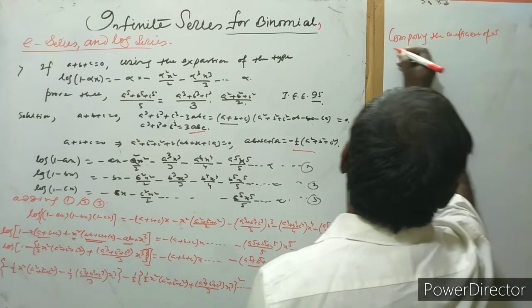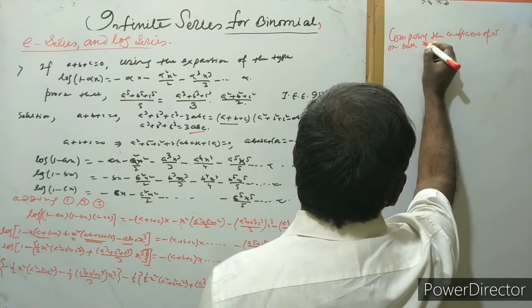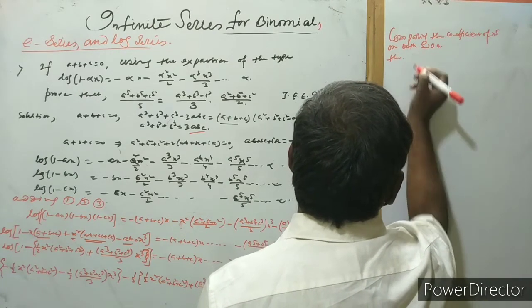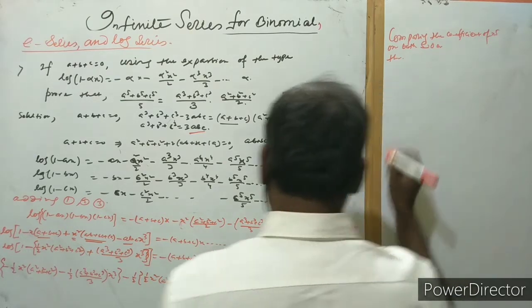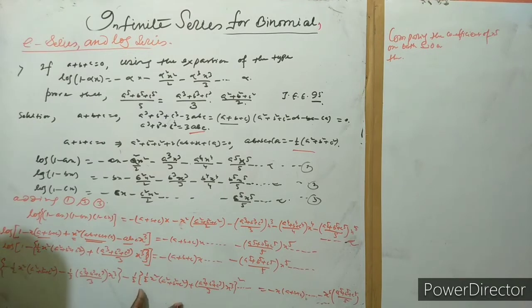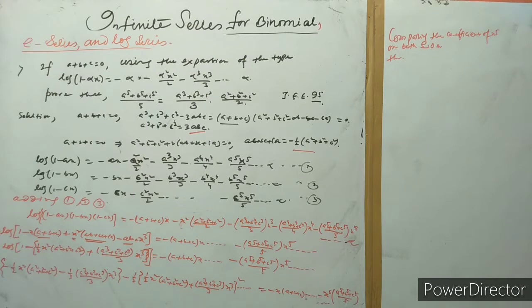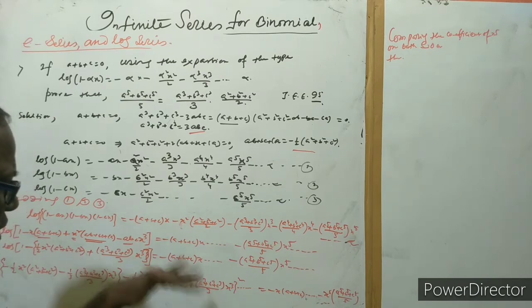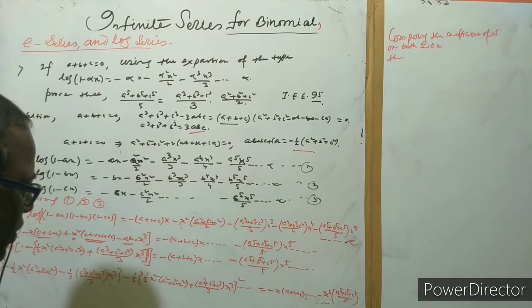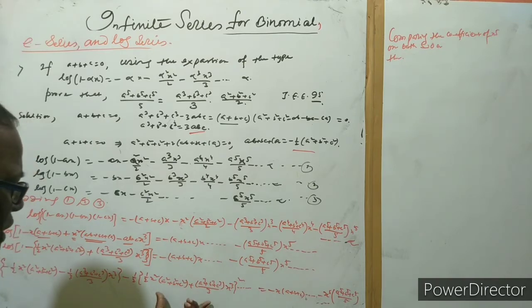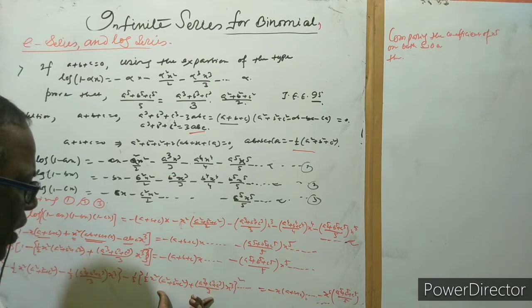Comparing the coefficient of x to the power 5 on both sides. Then, okay, so that is here. If we want to find x to the power 5, if we expand this, see here, we get here twice a b. This is x to the power 5. Okay, but after the expand cube, whole cube, there is nothing we get here x to the power 5. Okay, only in that part we get the coefficient of x to the power 5, and that is twice a